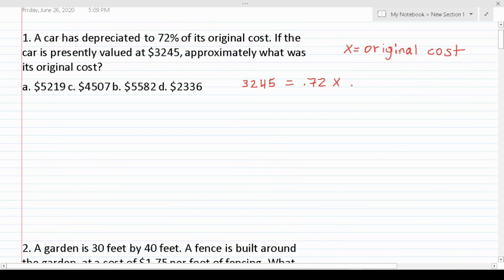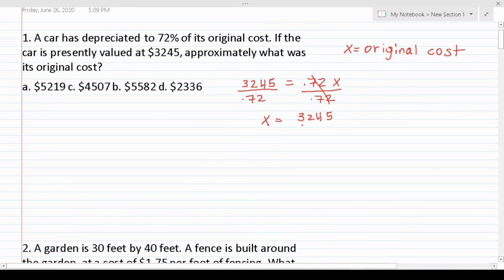All right, so to solve this one, it's going to take one step. That is, we want to get x by itself. So in order to do so, we're going to divide both sides by 0.72. This is going to cross out, leaving us with x equals 3,245 divided by 0.72. In math, it's customary to write the variable for which you're solving on the left. So that would look like this. X equals